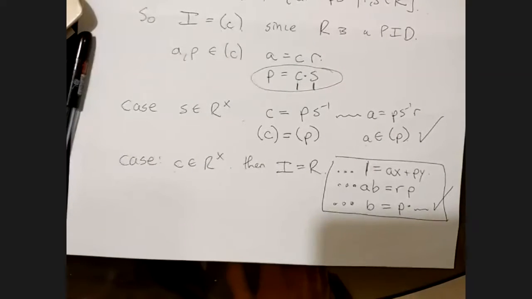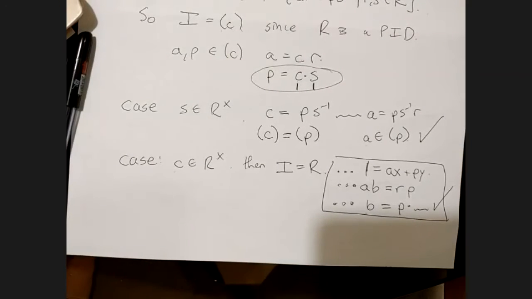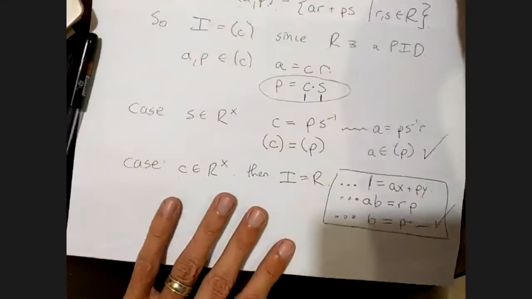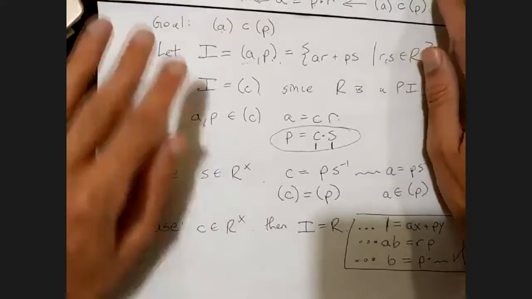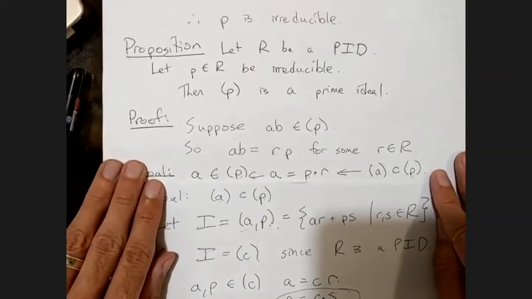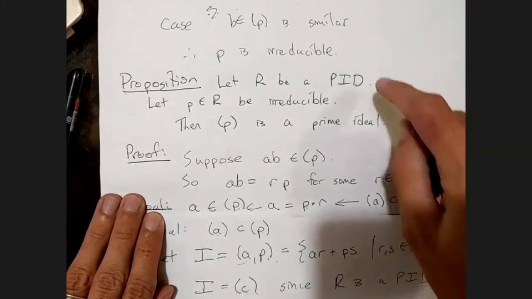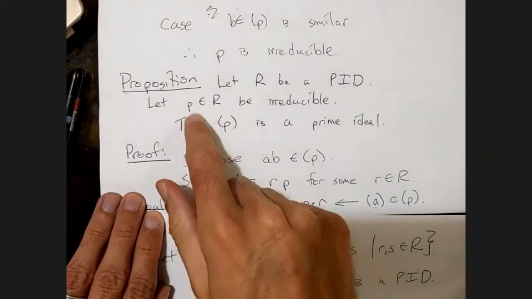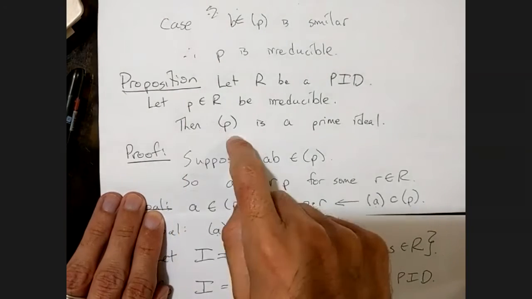Okay, so let's start back, maybe we should review the steps up to this point. Let me go back up to the top. We have a principal ideal domain, and we have an irreducible element, and we want